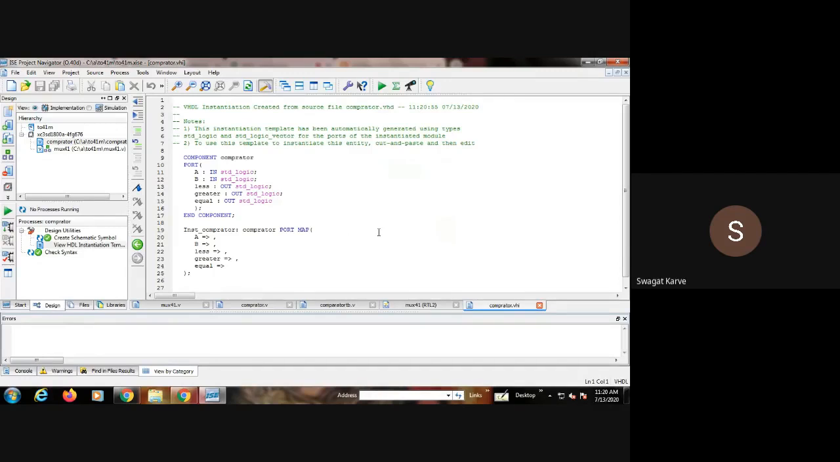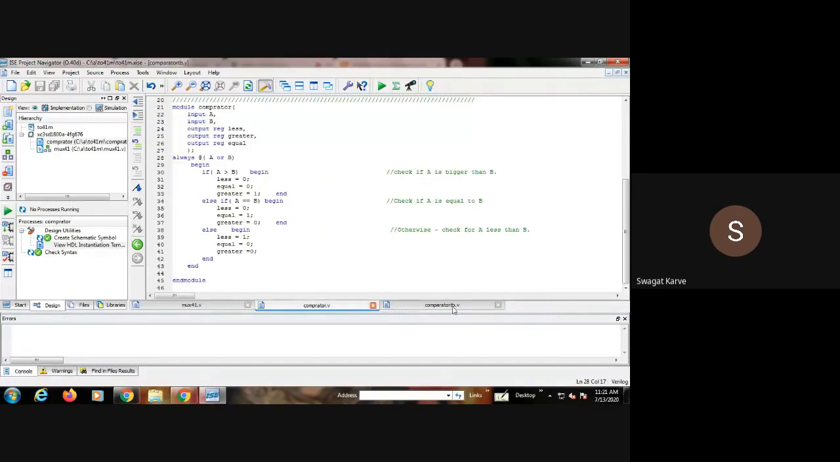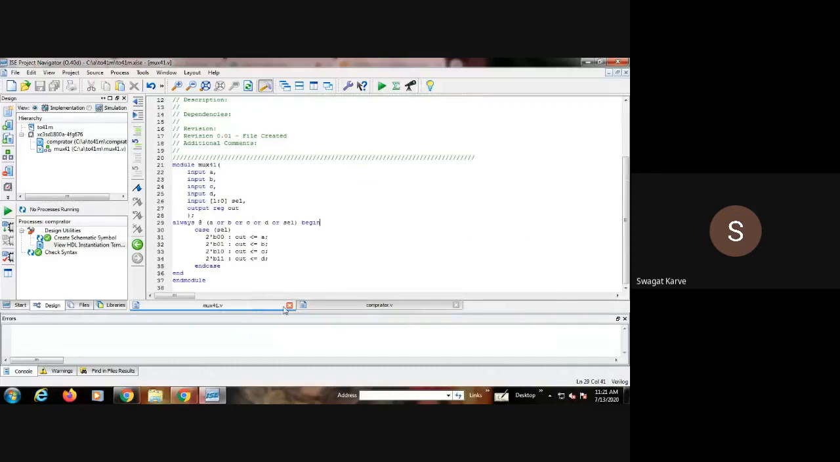See, now this is the VHDL simulation. So this is the VHDL component, using the component. Now we have created this component comparator, right? And now you can use this anywhere. So in this way you can go for different RTL schematics, you can go for different designs, everything you can create with this